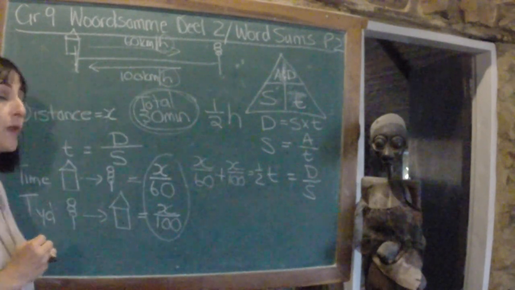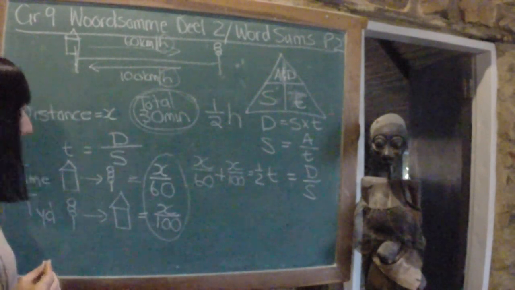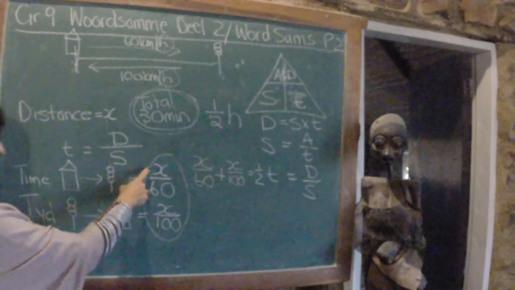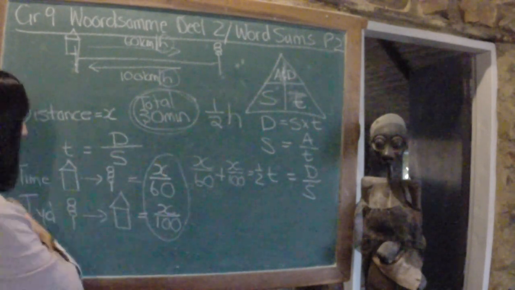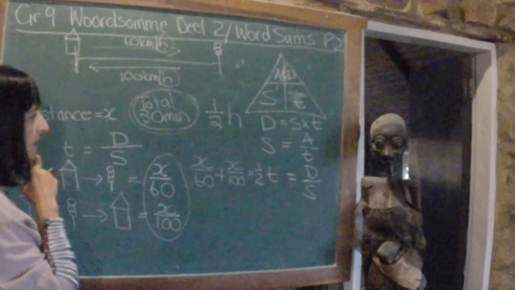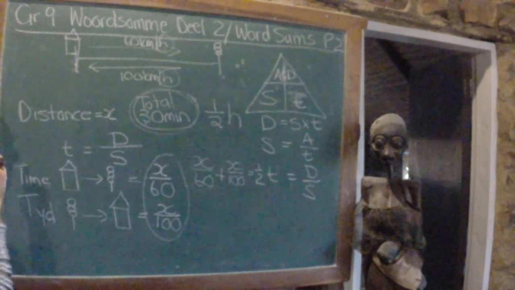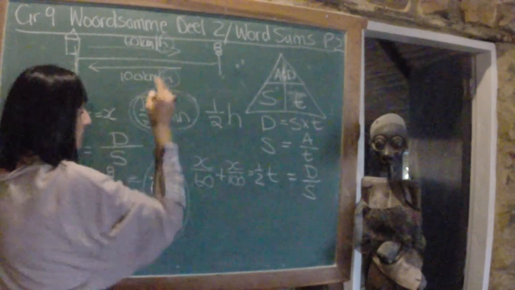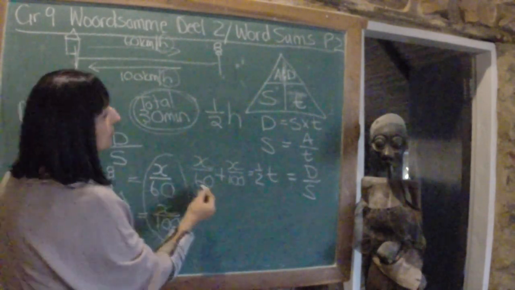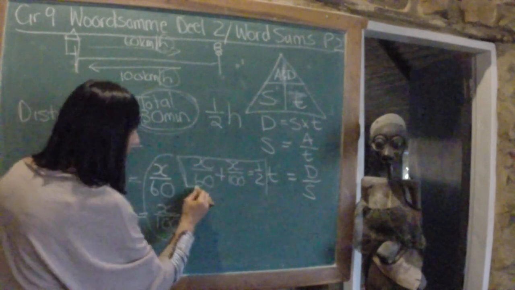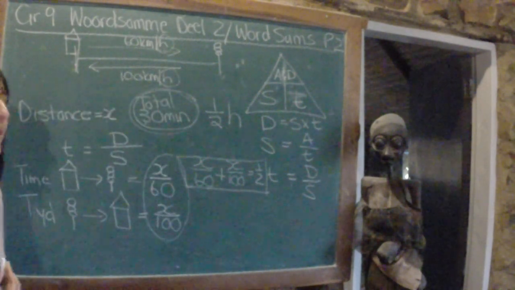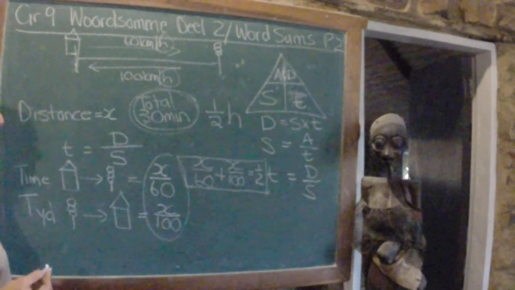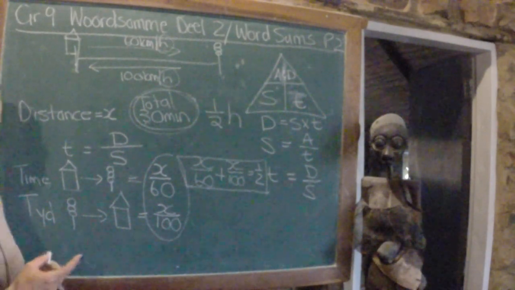And now we can solve x, and x is the distance. So as ons nou, ons het die tyd soontoe en die tyd terug, moet saam 'n halfuur wees, so kom ons los vir x op, en x gee vir ons die afstand, the distance from his home up to the robot. So, to solve this, that's an algebraic fraction equation, so ons gaan ons KGV kry,